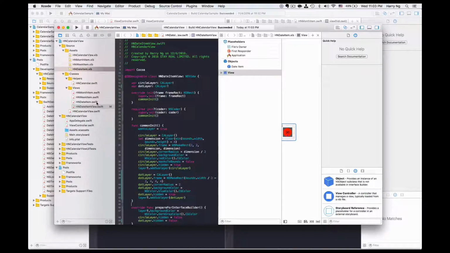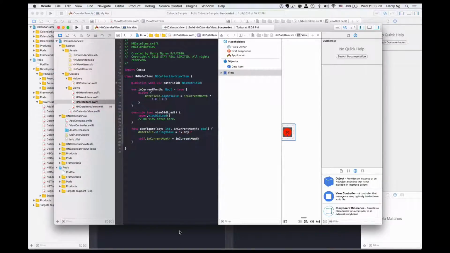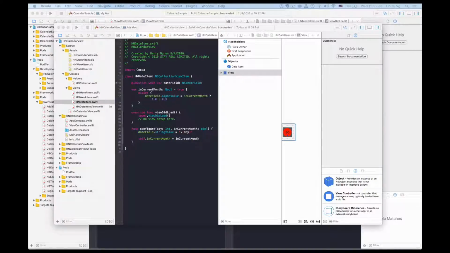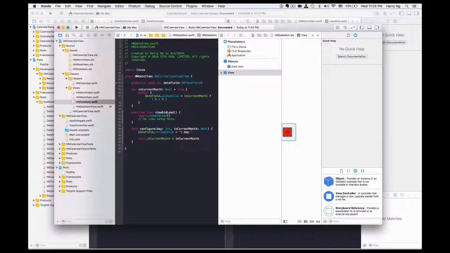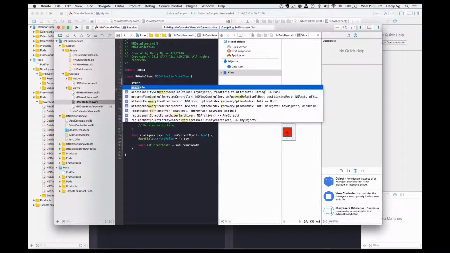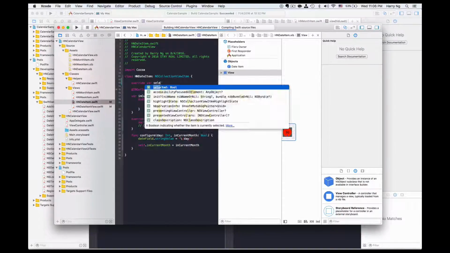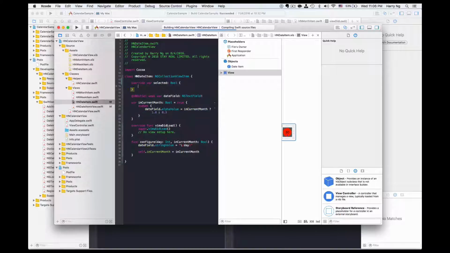Let's switch to date item. In the configure method here, we are going to change a little bit. We can first handle the selected date, which will highlight in the background using the selected Boolean value provided by an item. In fact, I'm going to override the selected variable and then update the style accordingly. So say I am overriding the variable of selected here. When it is set,